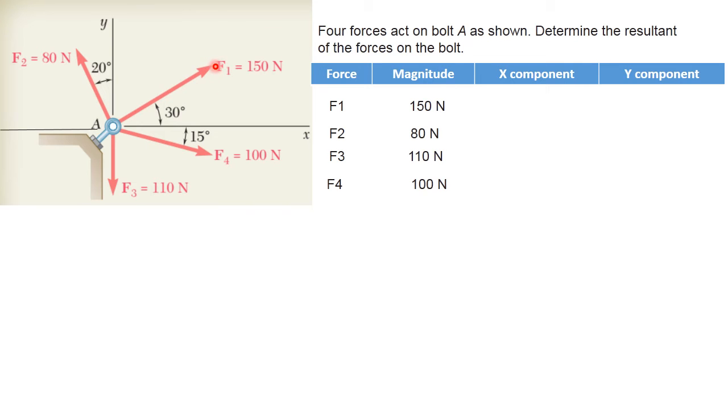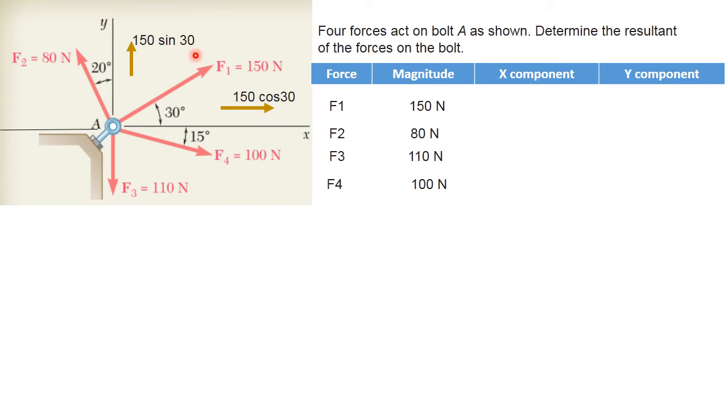If I rotate this 150 Newton towards the x axis, the direction of that force will definitely be towards right. If I rotate towards the y axis, the direction will definitely be up. So I get the force directions in this manner. Then for the magnitude, 30 degrees is given to which axis? To the x axis. So this will be the cos component, and the other one will be the sine component. So it will be 150 cos 30 and 150 sine 30.